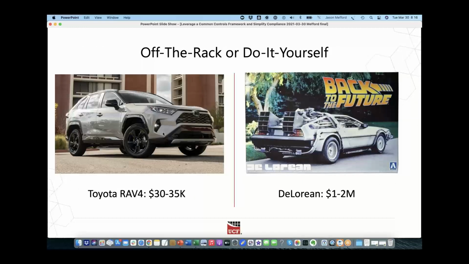So again, at this point, you can kind of say, well, okay, Jason, I did go through very quickly because, again, we don't have very much time today. But you have to really ask yourself at this point, do you want to go through all of the work of doing it yourself and building this $1 to $2 million DeLorean, or is something that's maybe an 80 or 90% fit going to be good enough for what you need to do?